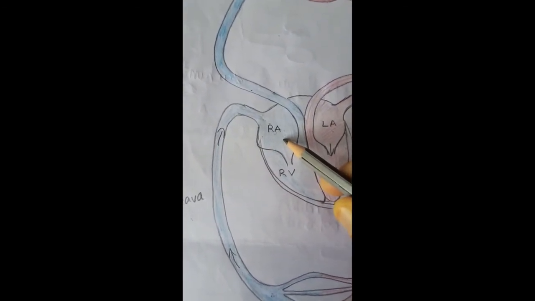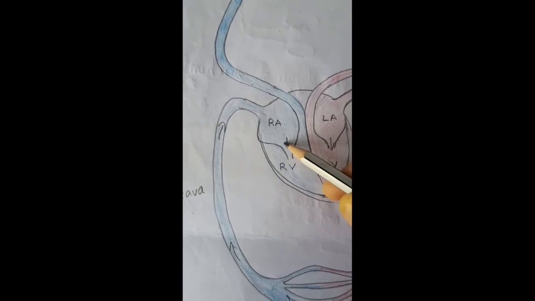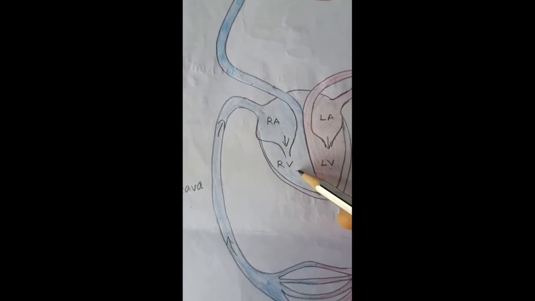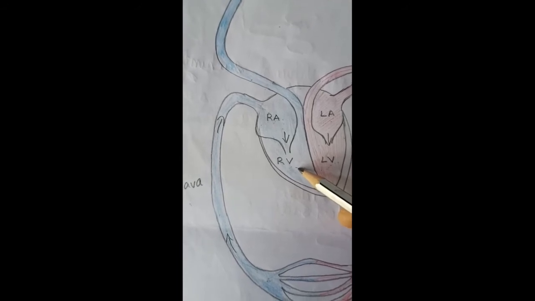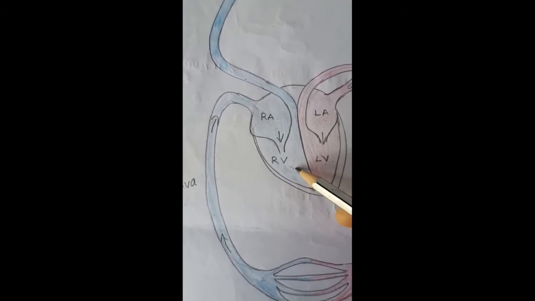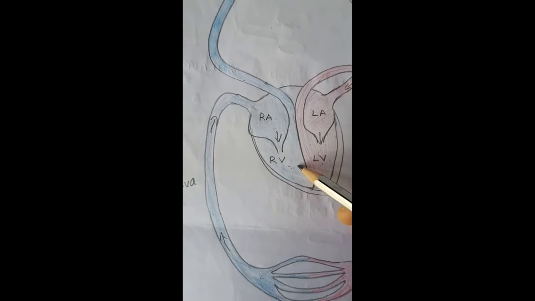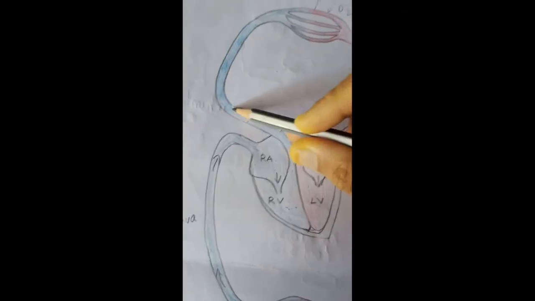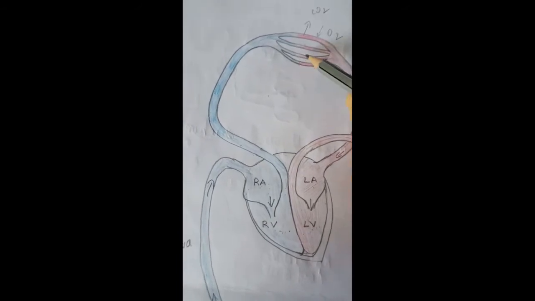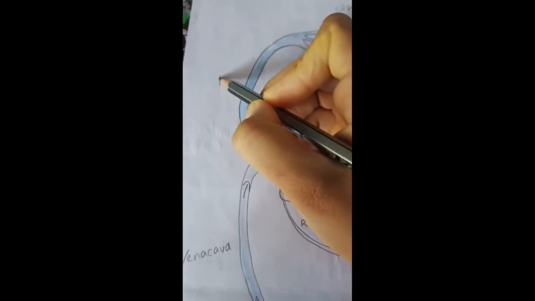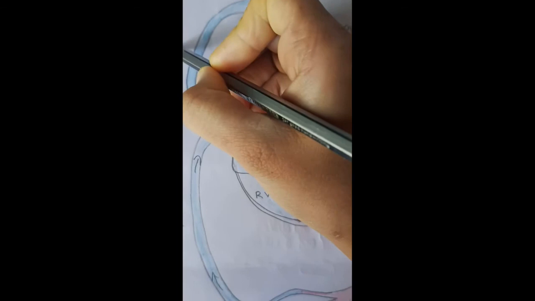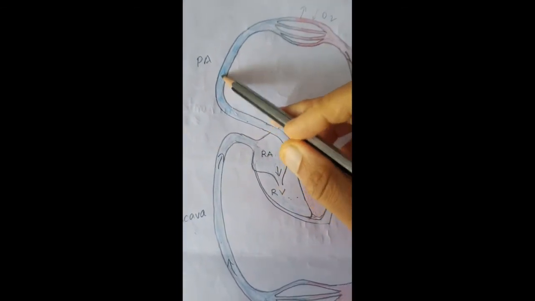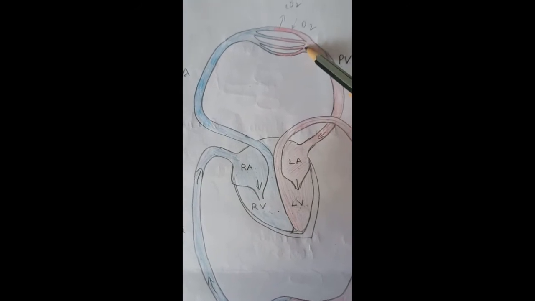And the right atrium of the heart will pump the blood to the right ventricle. Now the right ventricle receives carbon dioxide rich blood. Now this carbon dioxide rich blood needs to be purified. Where will it supply? It will pump the blood to the lungs by the blood vessel pulmonary artery. So this artery is carrying carbon dioxide rich blood to the lungs.